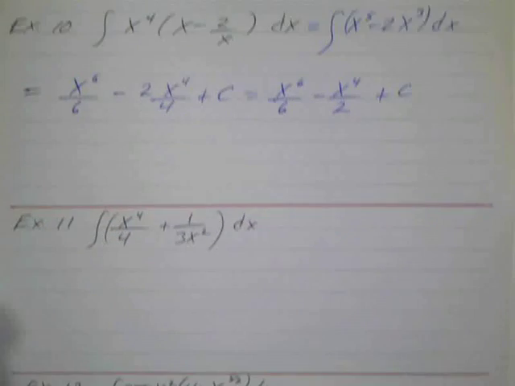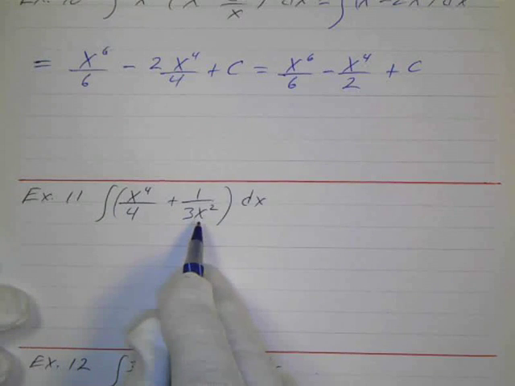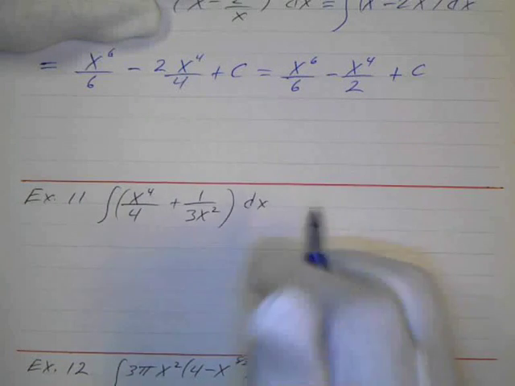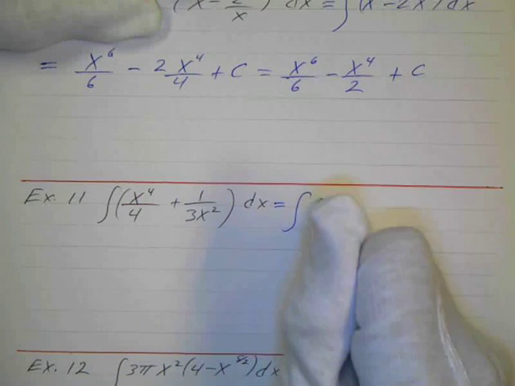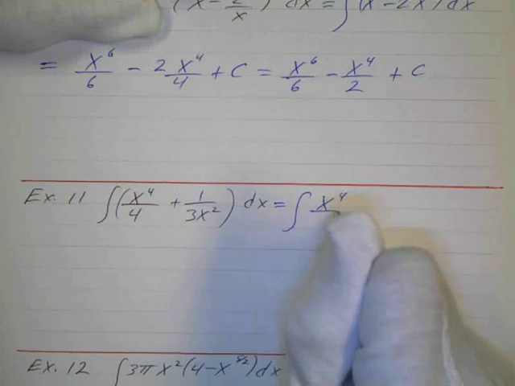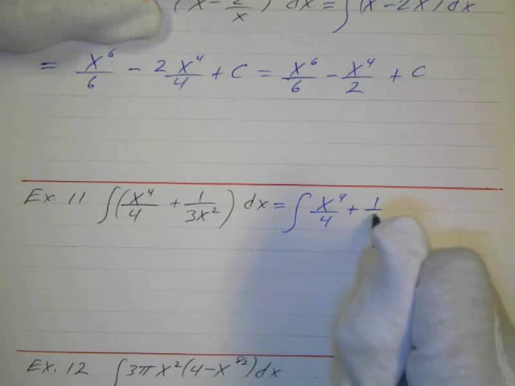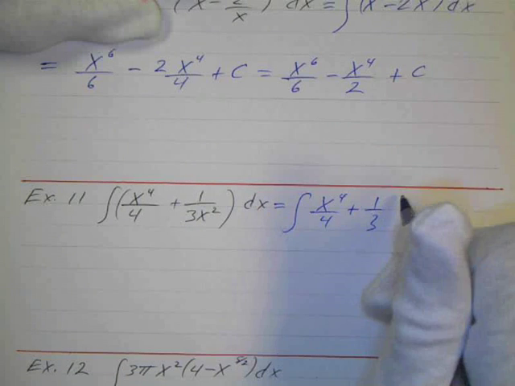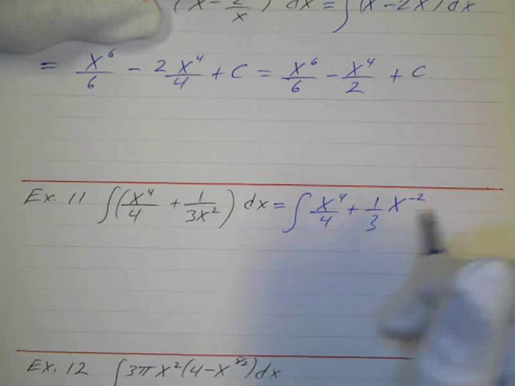Okay, number 11. This is all set, ready to go. All we just have to do is put this up on the top. So that just equals the integral of x to the 4th over 4 plus 1/3, and then take this x to the 2nd and bring it up to the top and make it x to the minus 2